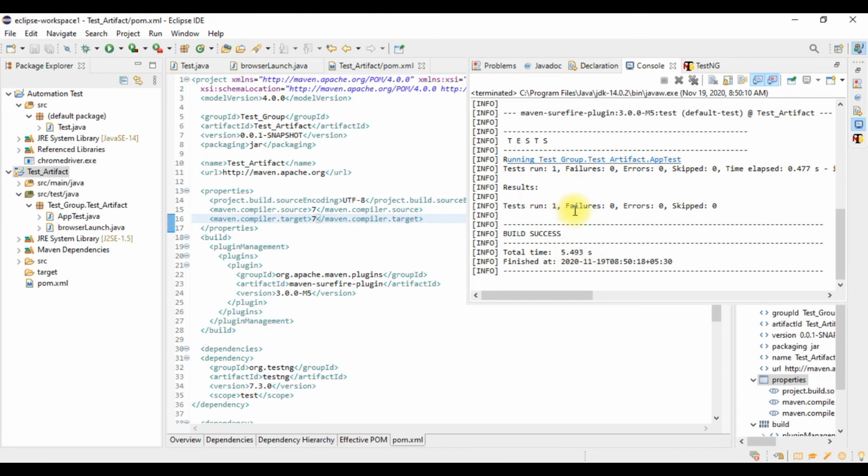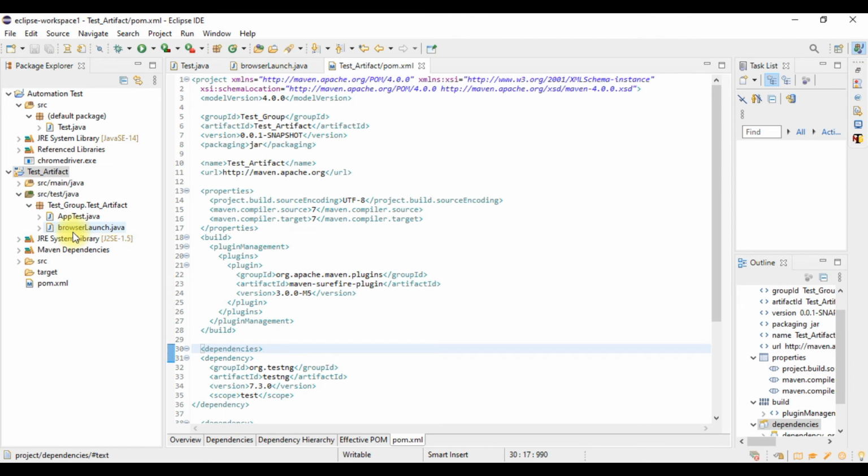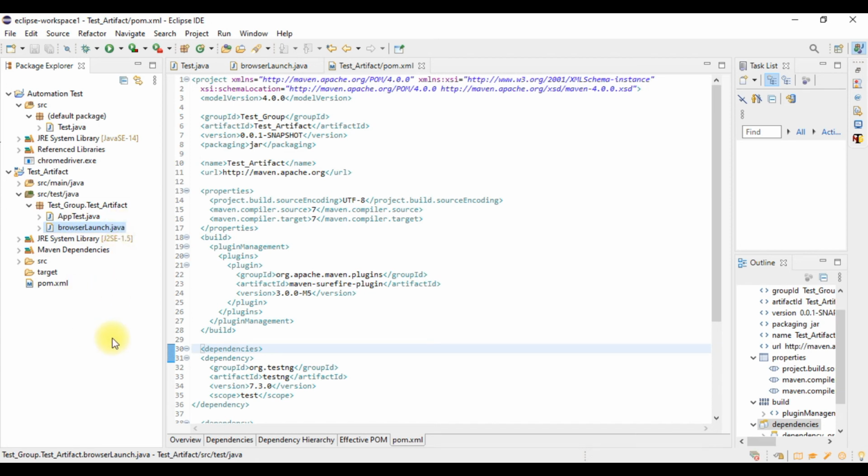Right, so it has executed the test case, test run is 1, but we have not seen any browser invocation by the WebDriver. That is because for our test class, this is our class in which we have written our test, we have to follow a naming convention. So we have named our class BrowserLaunch.java, which is incorrect.